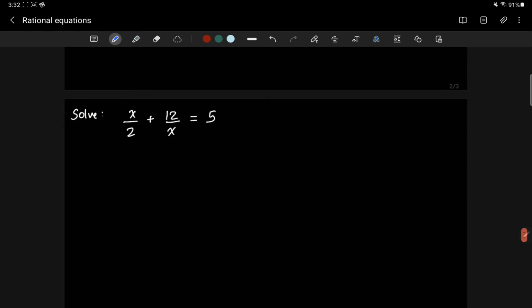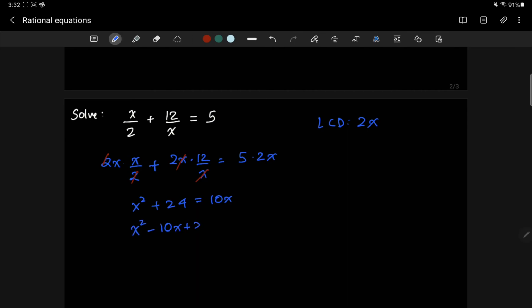Let's look at another example. This says x over 2 plus 2 over x equals 5. So I quickly find the LCD to be 2x. So I multiply 2x by x over 2, 2x by 12 over x, and 5 by 2x. When I do that, the 2's cancel, x's cancel. What I'm left with is x squared plus 24 equals 10x, which then becomes x squared minus 10x plus 24